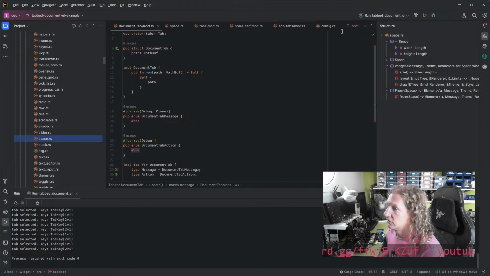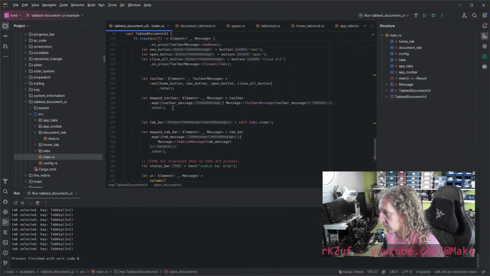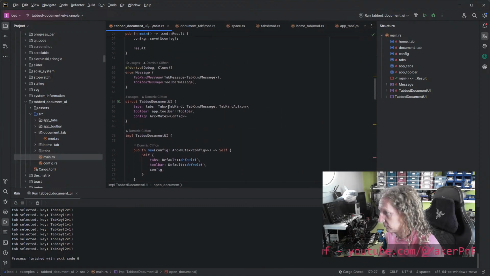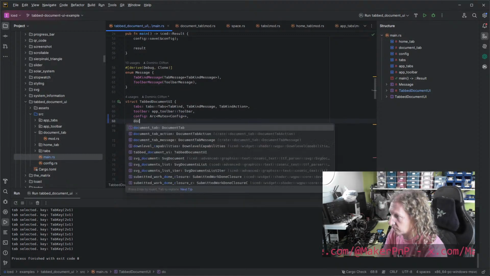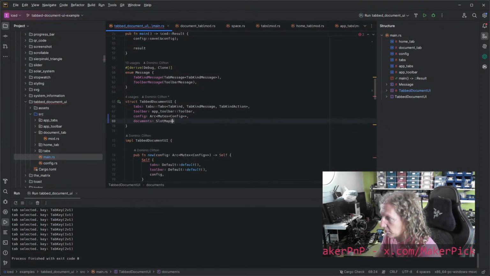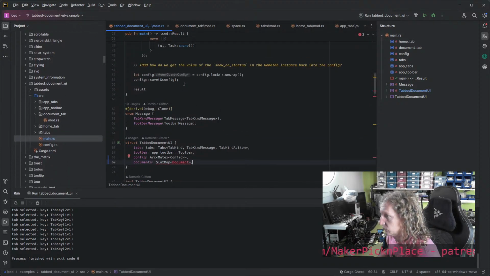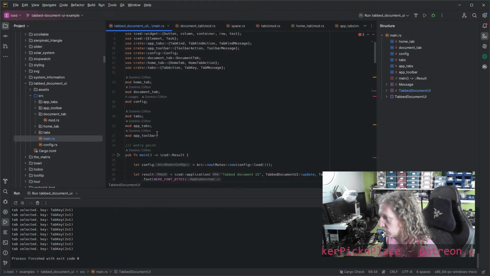So, the app needs to own the documents. Right. So here's our app. Right. And it's got these things in it. And what it needs is documents, which is going to be a slot map of document. So we need